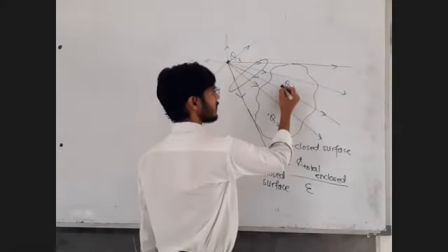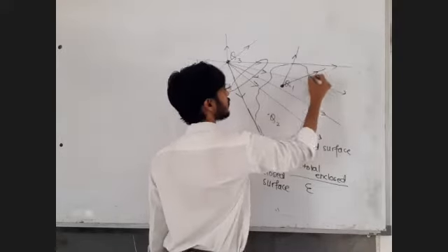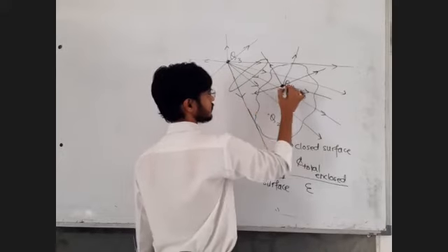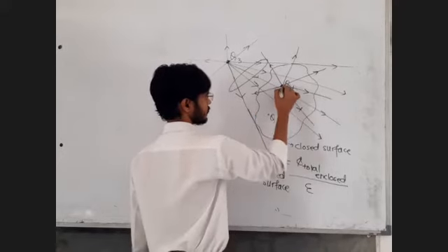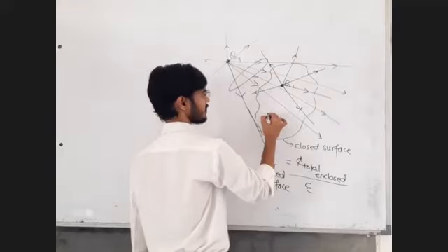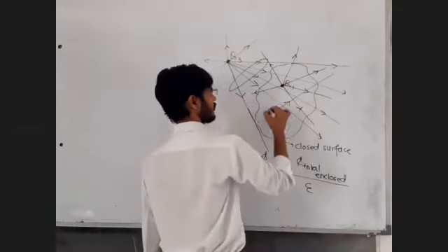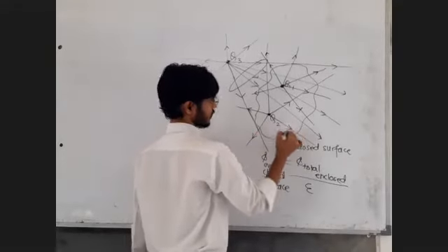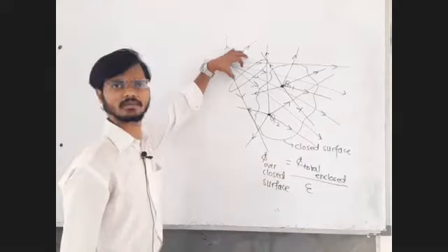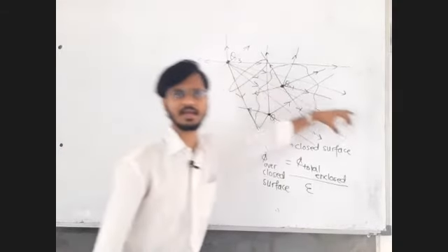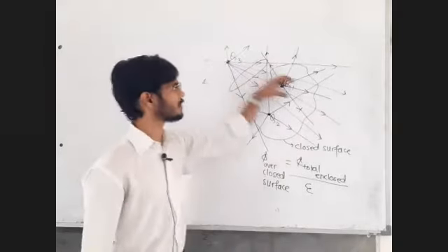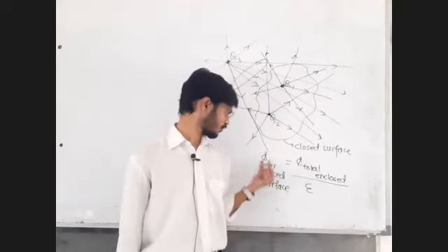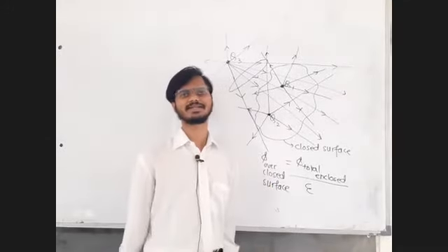Whatever lines have been created by Q1 will simply go out of the surface. Same about Q2. Whatever lines created by Q2 are going to be associated with the entire surface. All the lines are going to be associated with the surface. They are crossing the surface. But the lines of Q3 are crossing the surface, coming in and again going out. So those lines simply come in and go out. So outer charges do not contribute to the flux. To find out flux over a closed surface, outer charges don't matter.